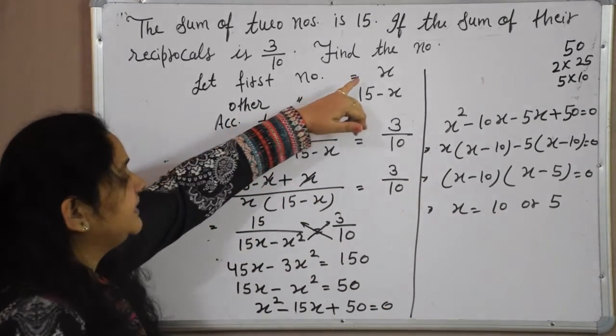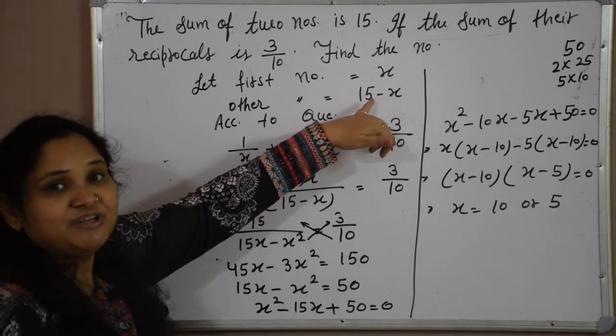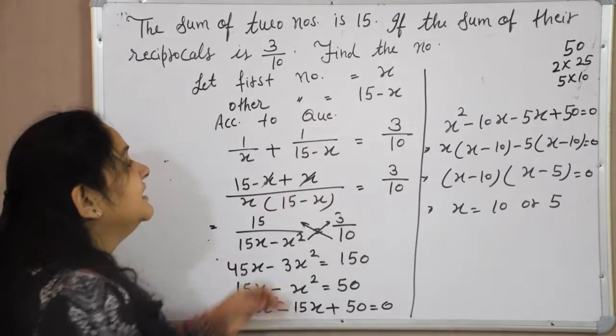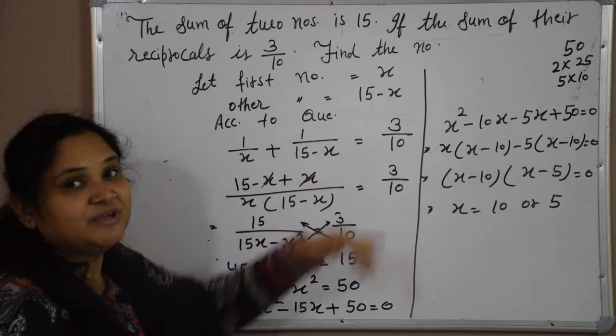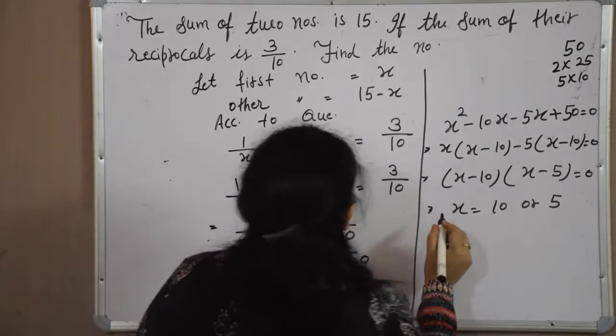So the first number we can take, if we are taking the first number as 10, the other number will be 15 minus 10, that is 5. And if we are taking the first number as 5, the other number will be 15 minus 5, that is 10. So there is no problem, we can directly write the numbers are